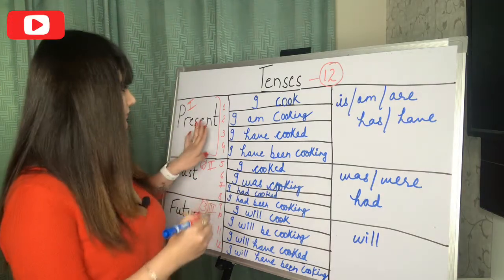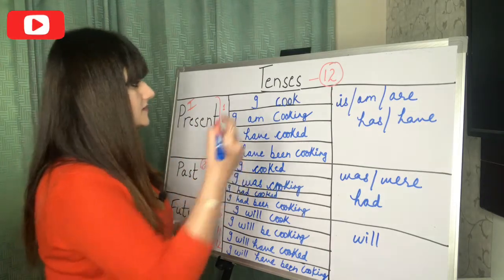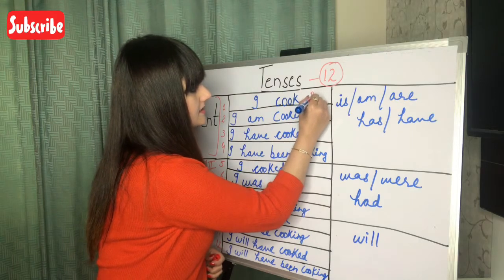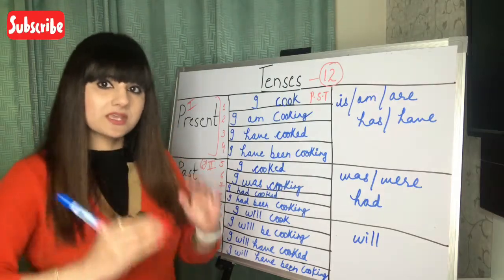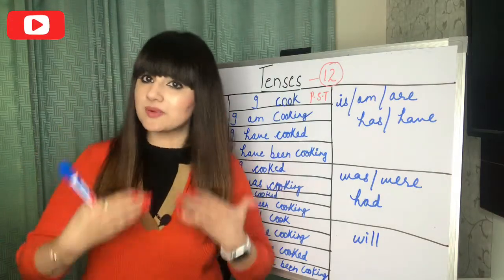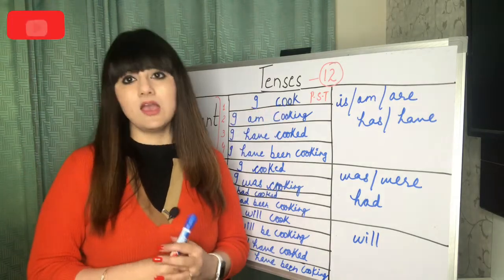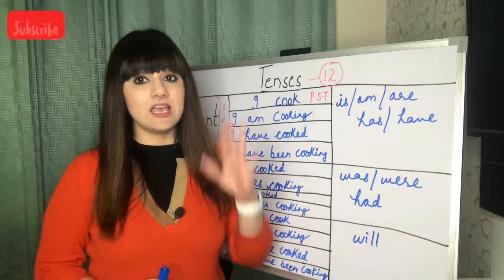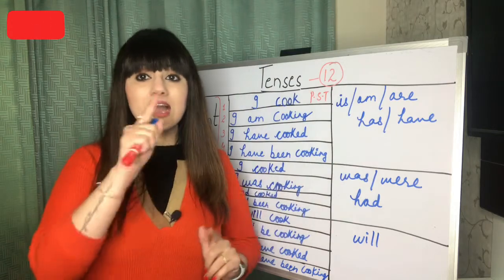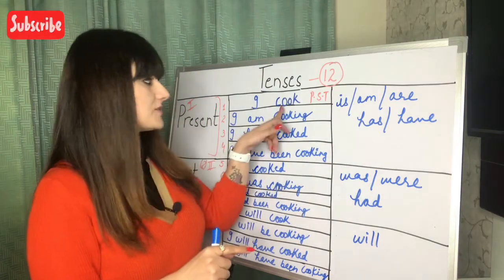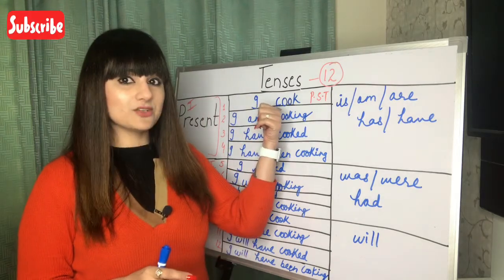First, we'll discuss the present tense. So this is your present simple tense. Now, what does it mean? Here I am talking about the present situation. Like I cook, you cook. If I'm talking about the third person, she cooks. So here I have to add s after my action verb. I hope you remember what exactly we're talking about.